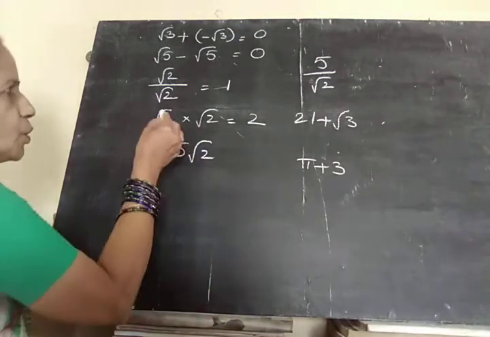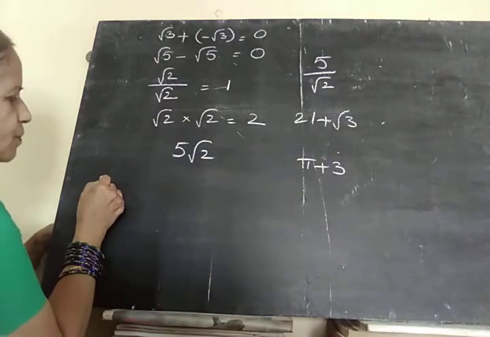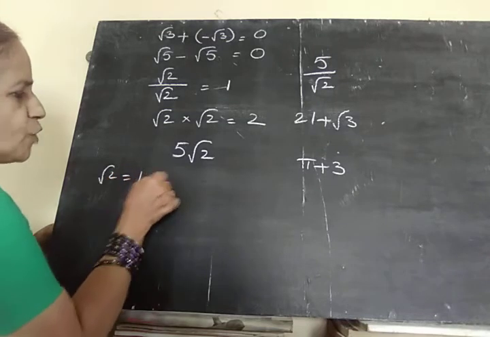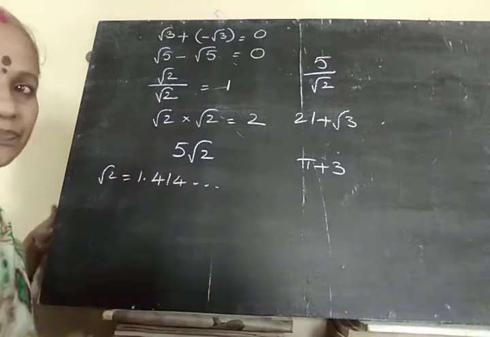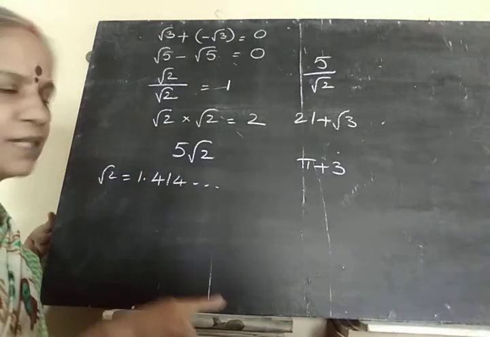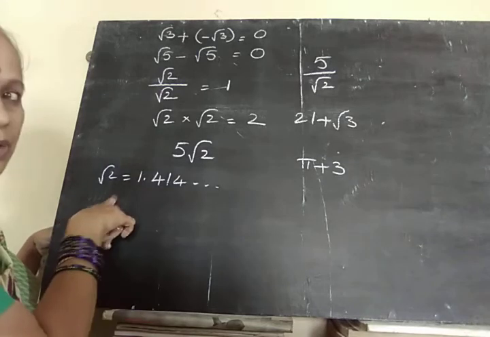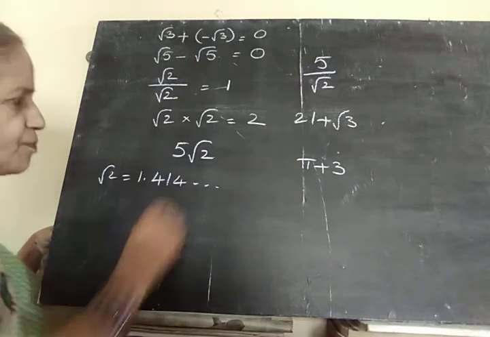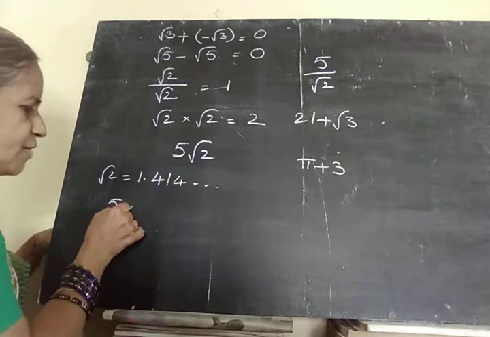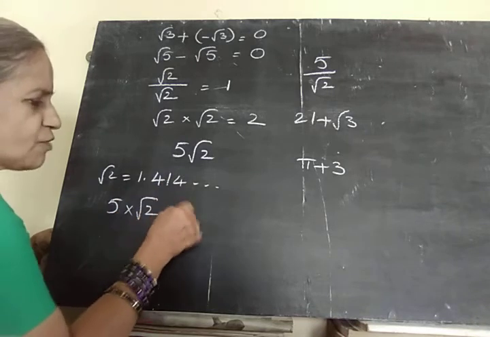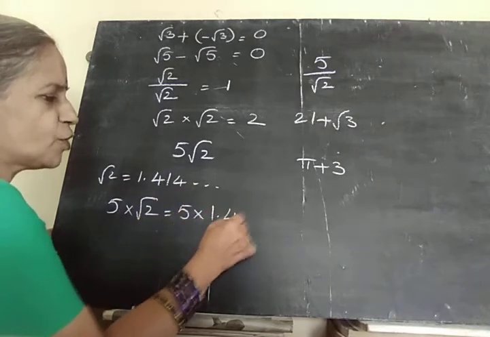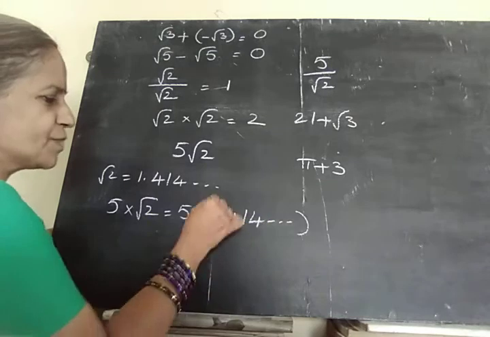We know that root 2 is equal to 1.414..., non-terminating, non-repeating. So that's why it is an irrational number. Root 2 is an irrational number. 5 root 2 means 5 into root 2. That means 5 into 1.414... It becomes